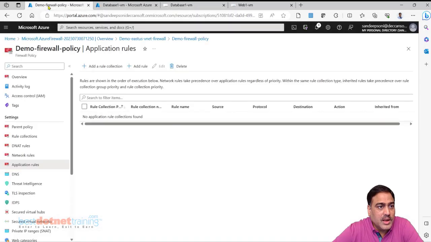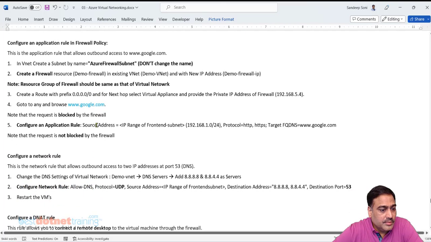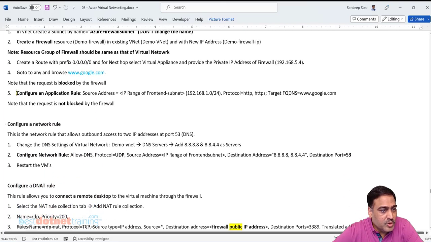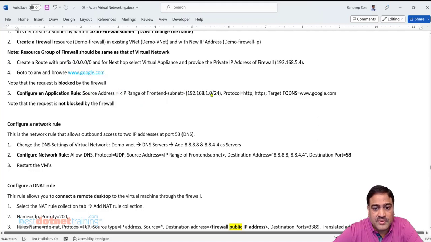Now I go and create a policy. That is, I am now creating an application policy. Basically we have to create an application rule. From this particular source address, https, target google.com, we want to probably allow or deny, something like that we will have to do.